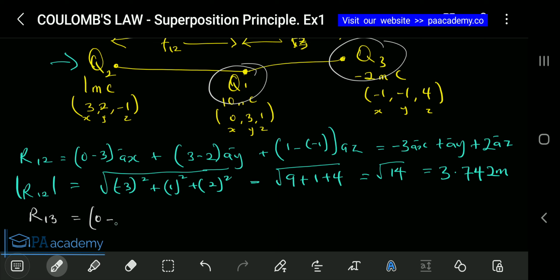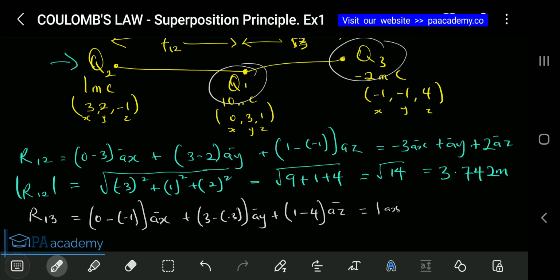So that will be 0 minus 1 AX plus 3 minus 3 AY plus 1 minus 4 AZ. So this will give us